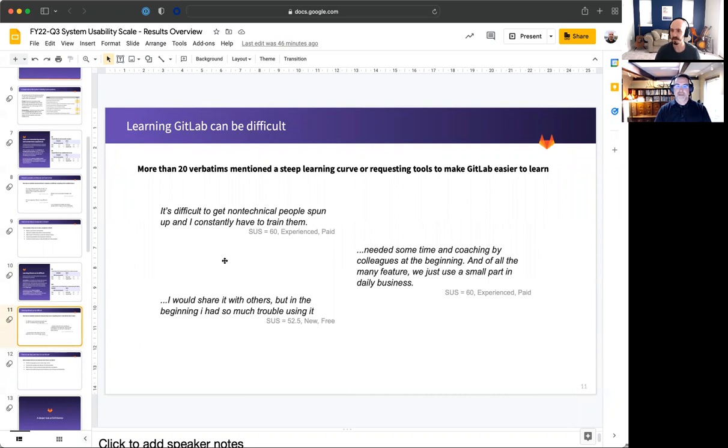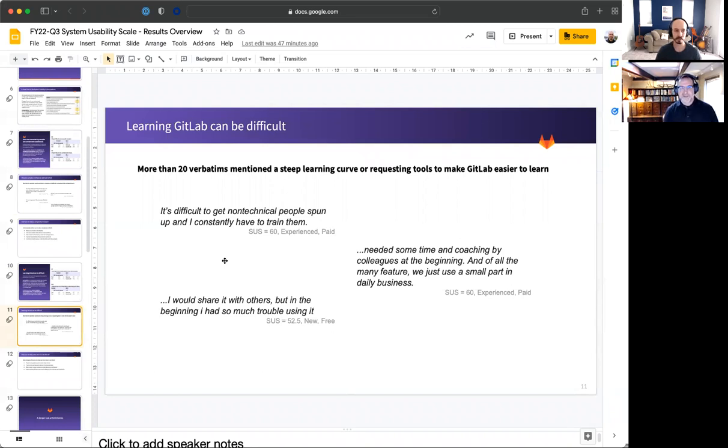That's well said. And the quote that I'm looking at right there: it's difficult to get non-technical people spun up, and I constantly have to train them. That's something that I have personally run into with some past participants who have shared that very same statement. So related to that a little bit,